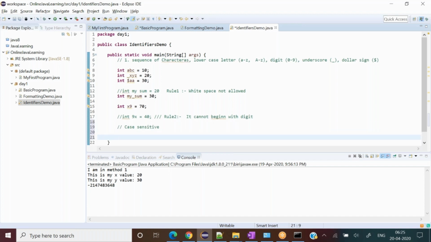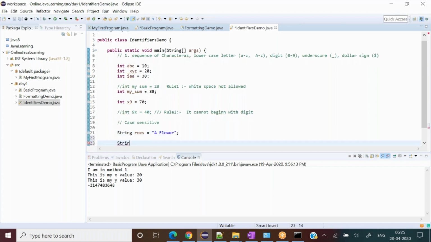Let's say I write String rose, flower. Later on I write String ROSE, another flower. Just for simplicity, I write like this.